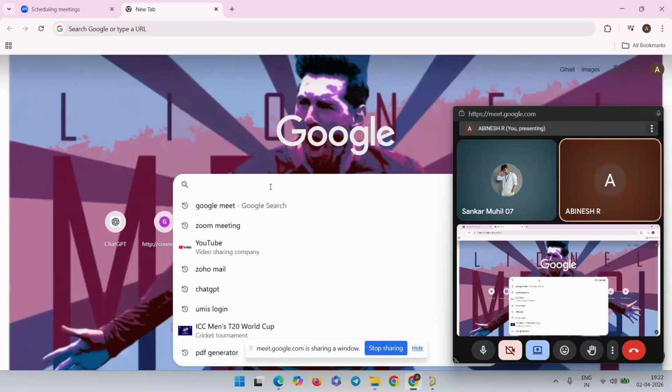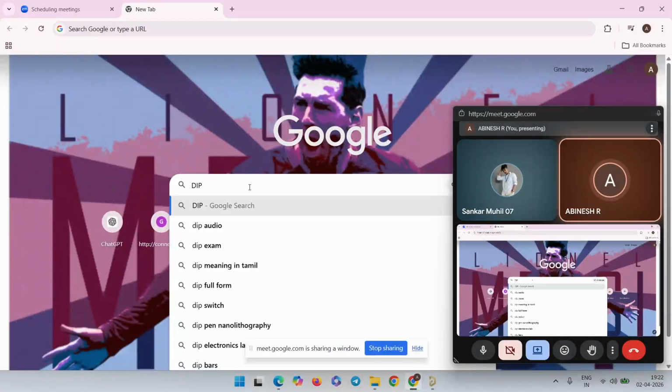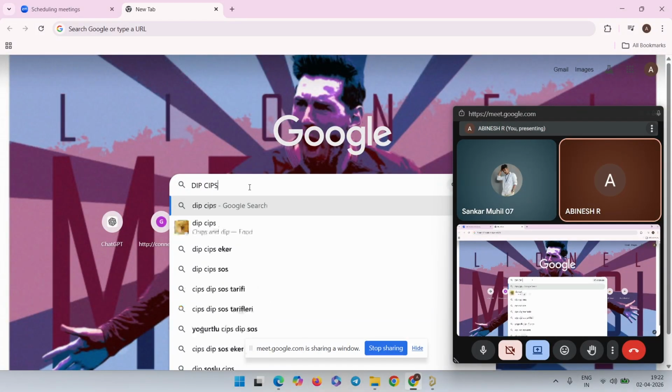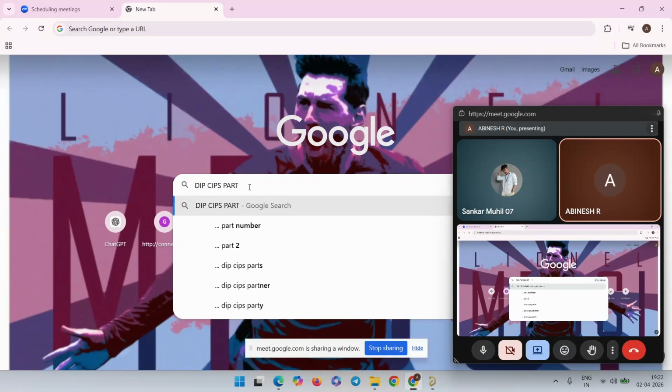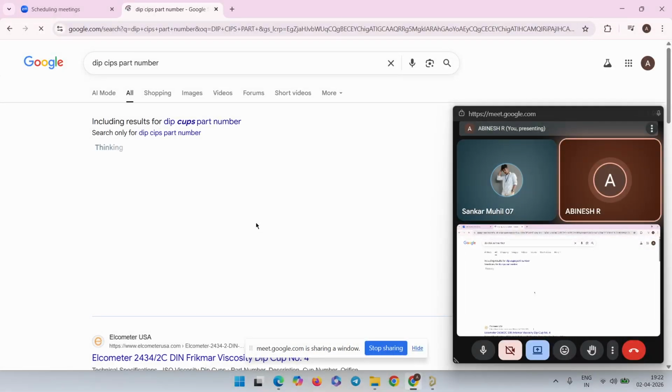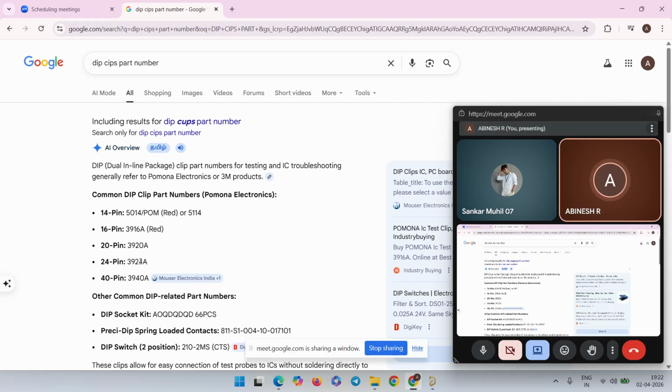Okay, here DIP, chips, part number. DIP, you can understand what is meant by DIP: dual inline package. Let us take that it is a